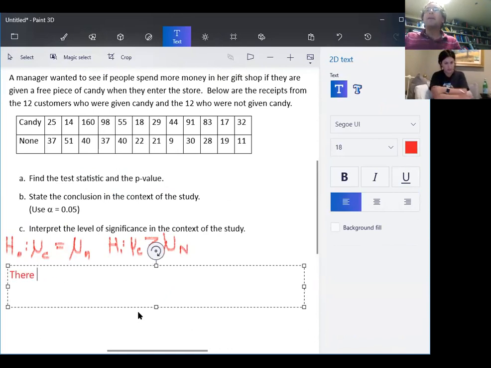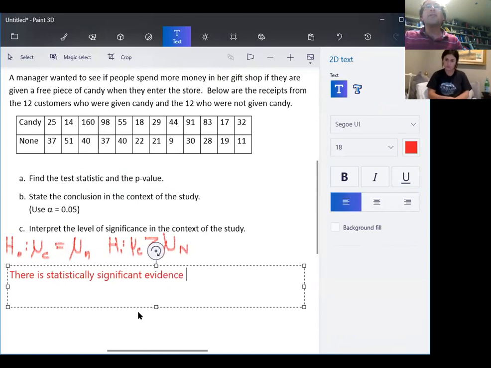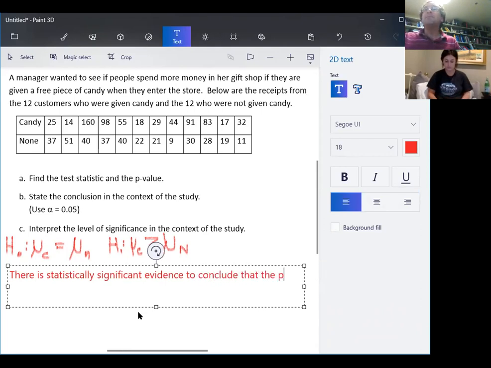So that means there is statistically significant evidence. Notice I'm not using strong this time because we had 0.03, which isn't strong. It's good enough, but it's not super strong. To conclude that the population mean, and those words population mean must be there,